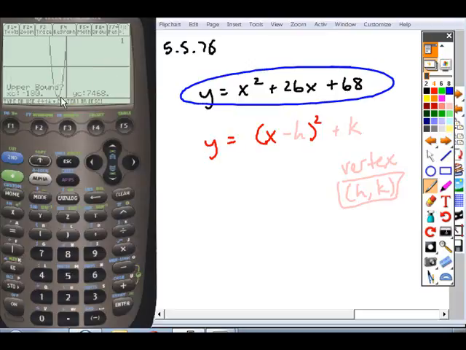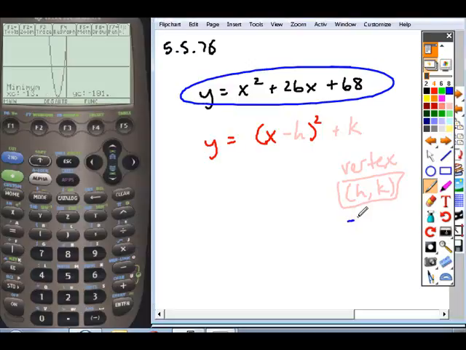My upper bound has to be to the right of this. Well, I could use 0 if I wanted to. If you know what you're doing, you can just pick 0 because that's an easy number to type and it's to the right of this. Or you can just exaggerate and pick a number that's way to the right here, 100. And so we get our vertex. The lowest point between these is -13 and -101. So if that's